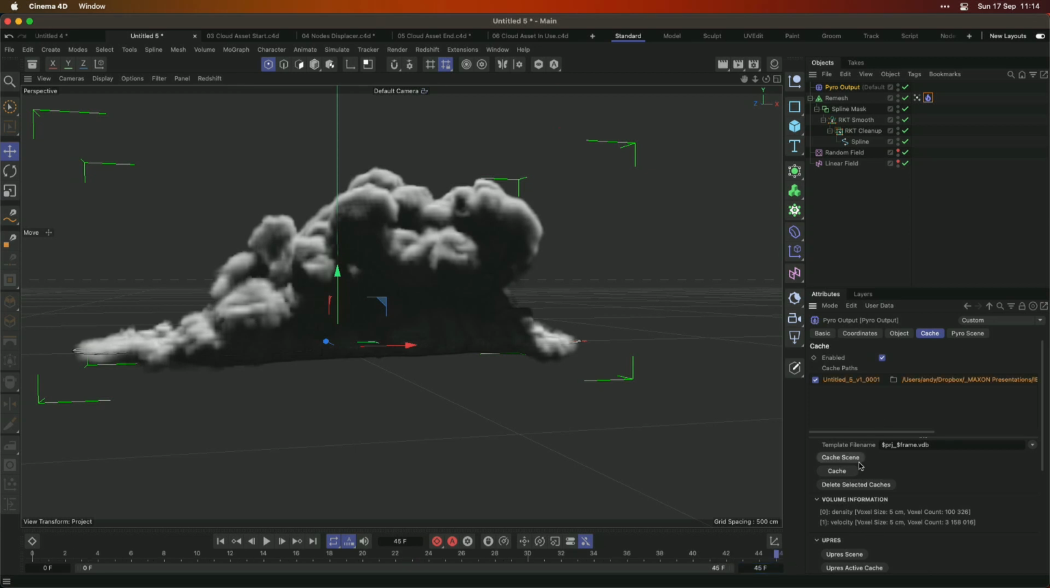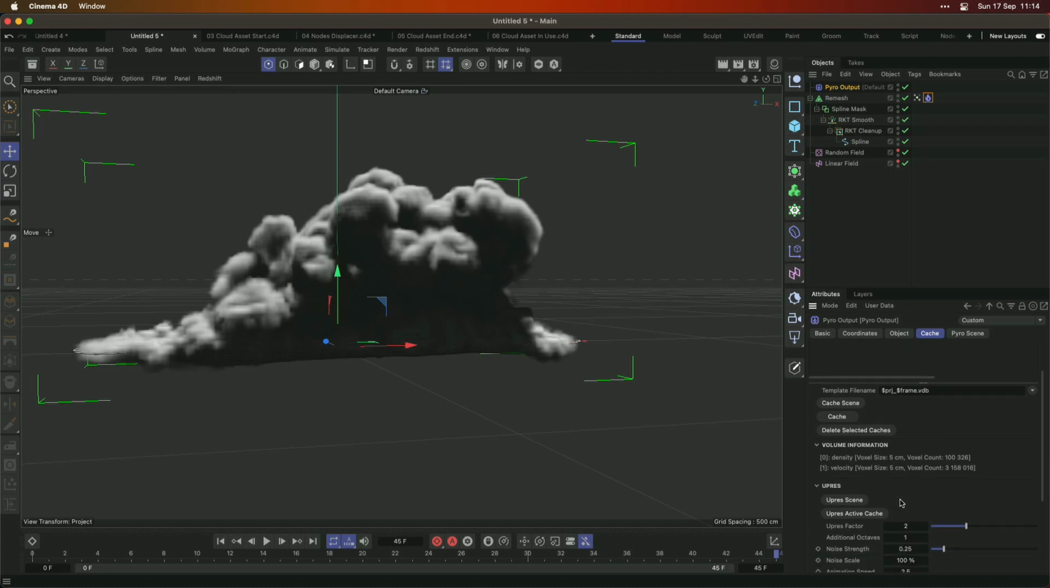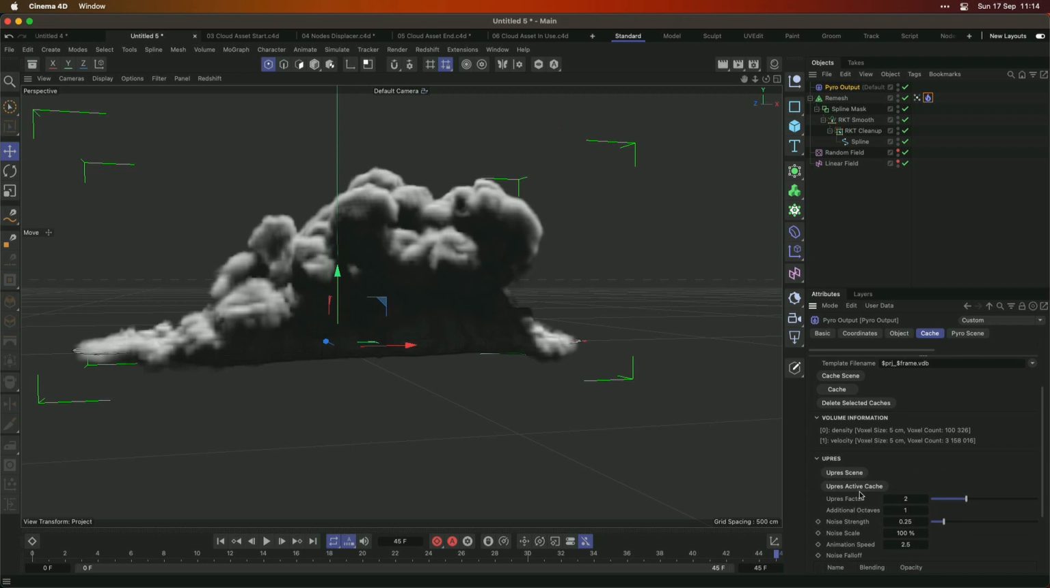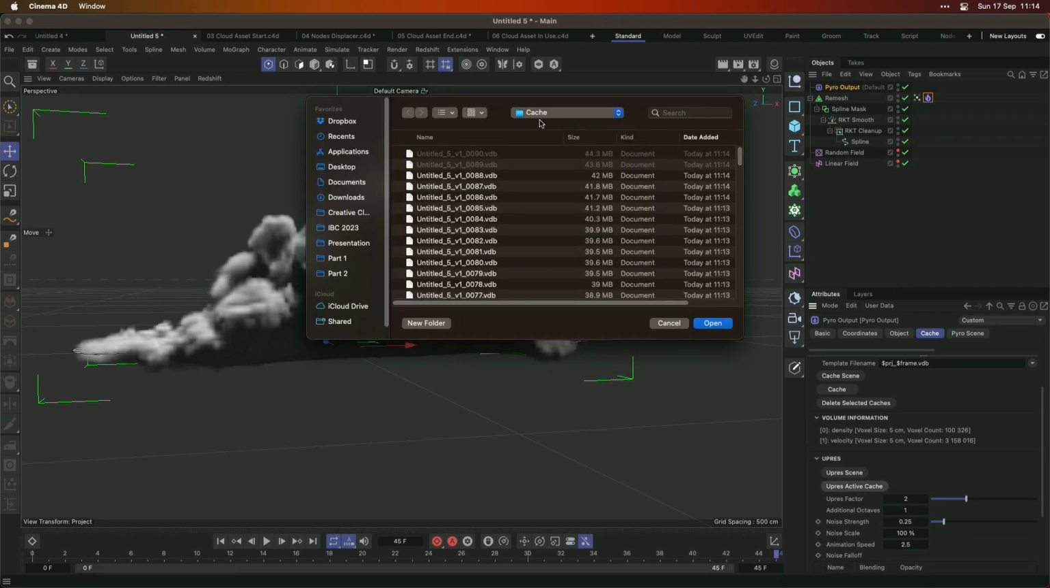And what we can do is take this cache, and the way we get more detail in is by up-resing it. And so you can see at the bottom here is a voxel size of 5. That's what we had input in the Pyro object. By using our up-res factor of 2, that's going to reduce it by half. So then the result would be 2.5. So you could keep going with this, but I don't want to spend all time caching. So I will just activate, I'm going to cache the active cache. So up-res the active cache, which is this one here. So I'll up-res that. And I'll just put it in a separate folder,